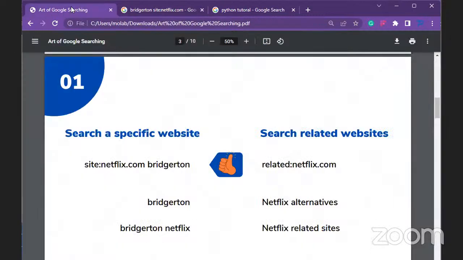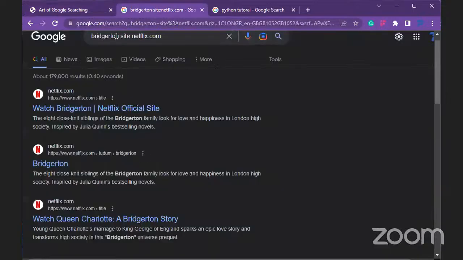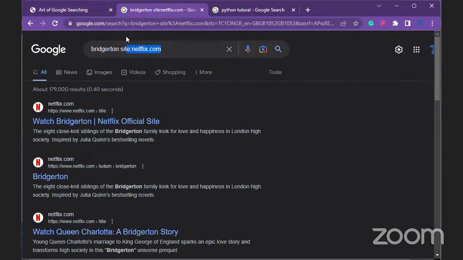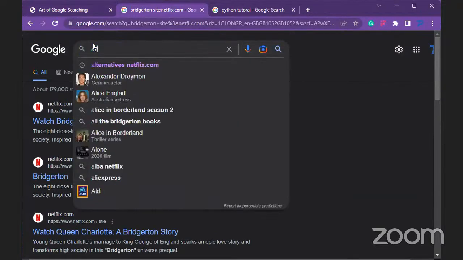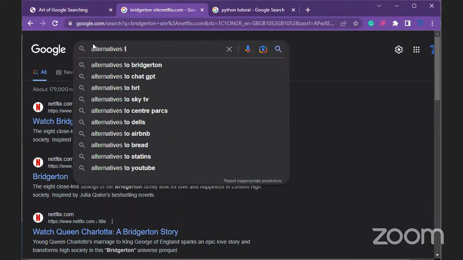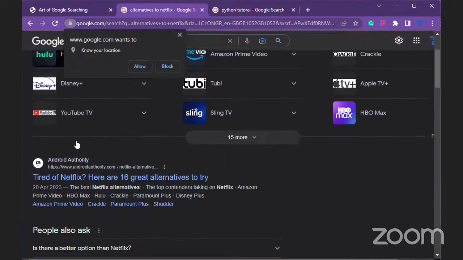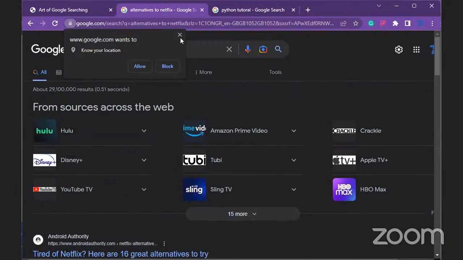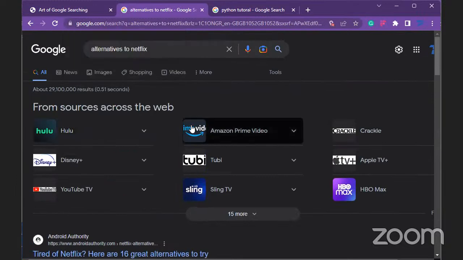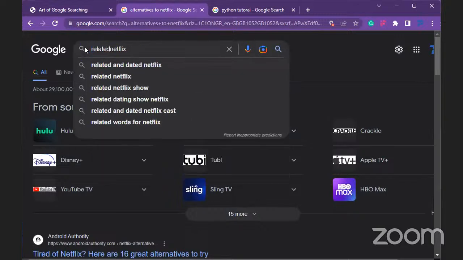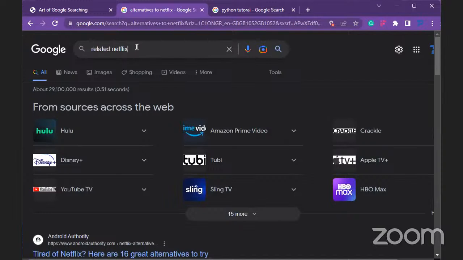So the second trick is if you're searching for something that is related. We've talked about Netflix, right? So I want to watch movies. I can't afford Netflix. So I can simply say alternatives to Netflix. Right. So I could search for alternatives to Netflix. Of course, I get the list. But there is a better way to do this. Alternatives to Netflix is really a long thing to type. So I can simply do related: